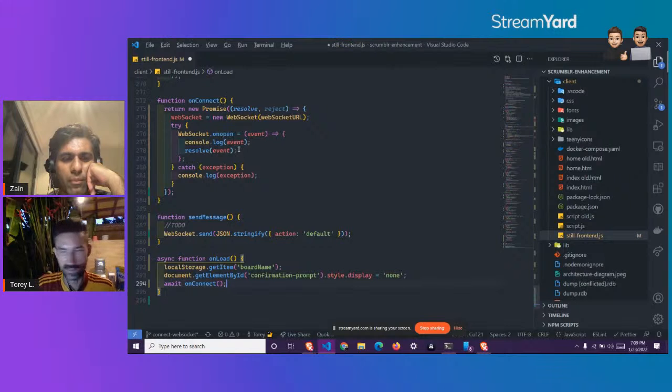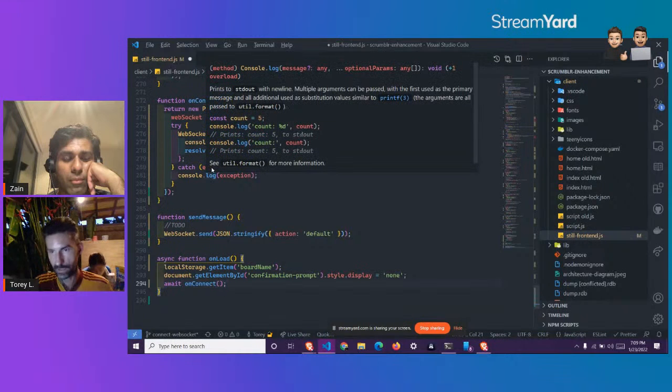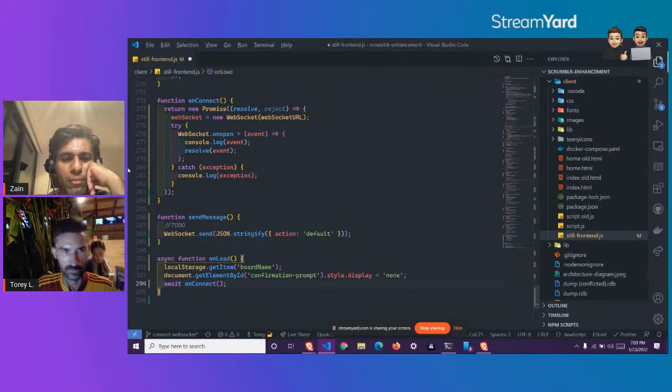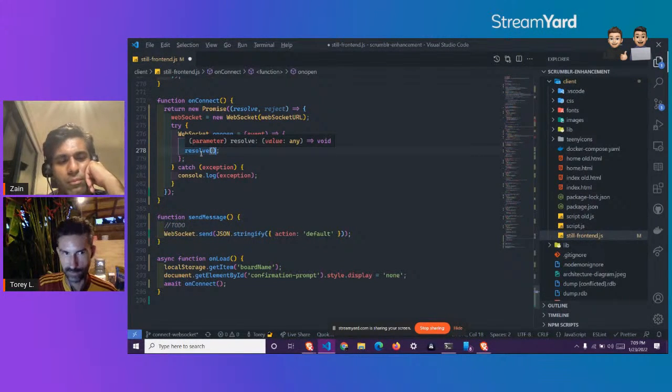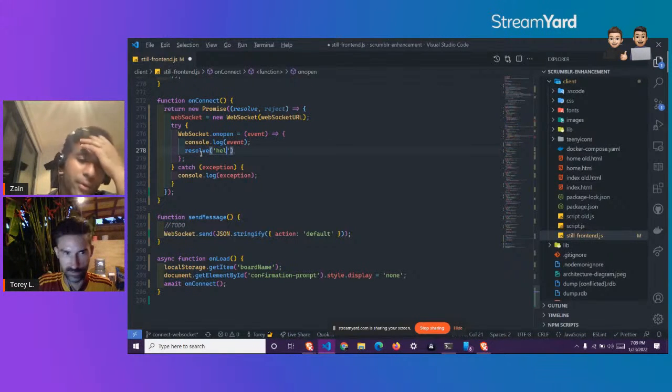So instead of guessing when the connection is open, now the WebSocket handshake is done, I'll know as soon as this promise is returned because I'm resolving it on the open. Honestly, you don't even need to resolve the event. It's pretty useless. You just return this resolve. This parameter allows you to return back some data from the promise. I see. That would make sense.